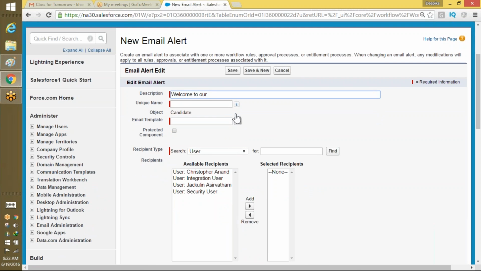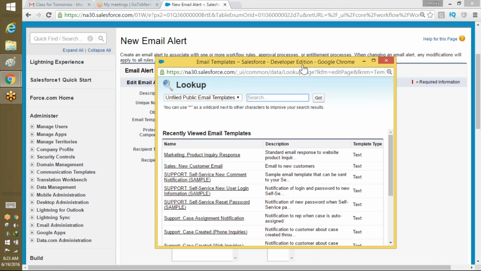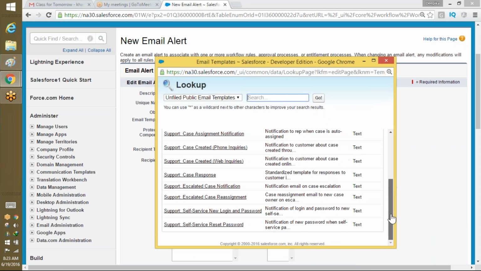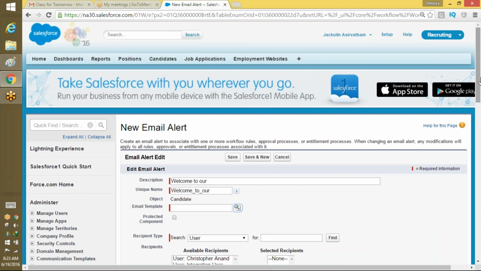Before doing the email alerts, Salesforce has created email templates for you. These are the default Salesforce email templates. Now let's say you wanted to create your own email templates. How are you going to do that? We'll come back to the workflow again, but let me show you how to create email templates. Email templates are predefined templates that Salesforce has already created. But let's say you wanted to customize and write your own email, then you have your email templates to go with. So first, to look for email templates,